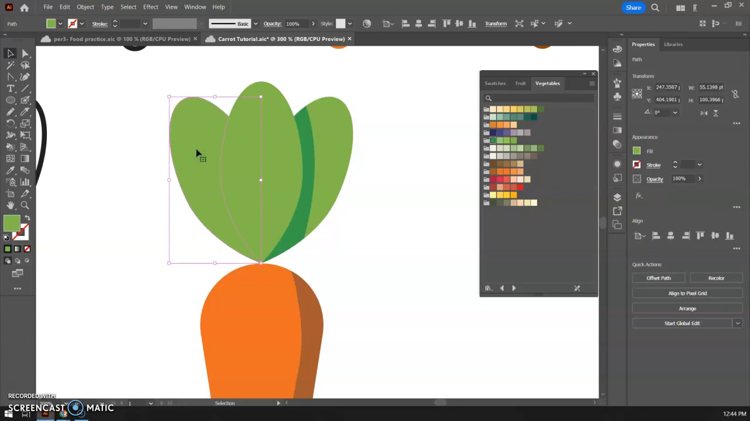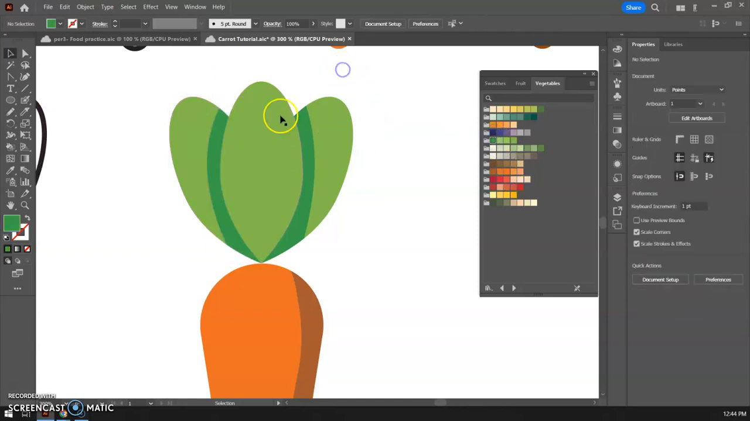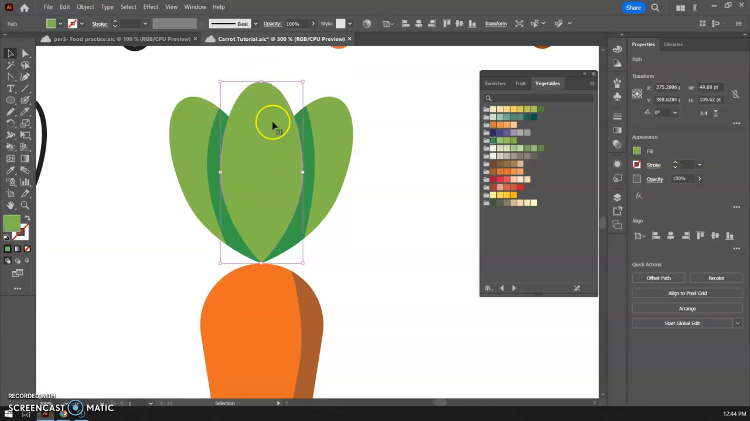And let's do the same thing over here. I'm going to select that, and just add a bit of a shadow over on that side. Select that, click on that one, make that a bit darker, and then let's add a little highlight, I think, to